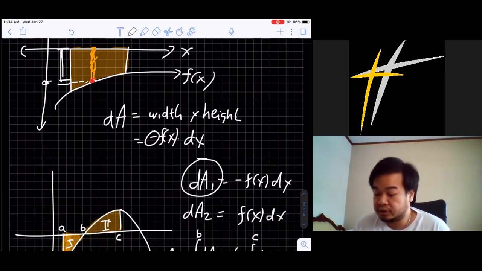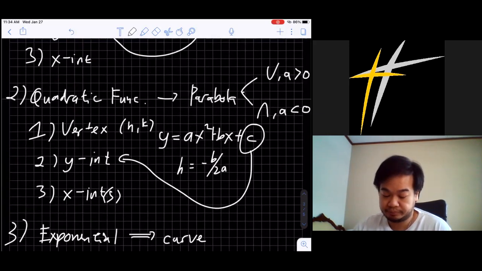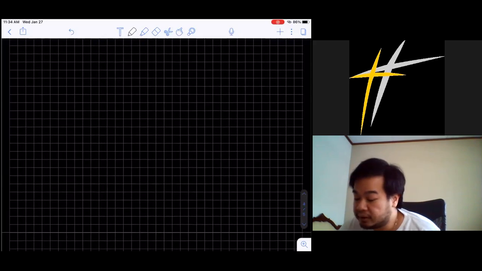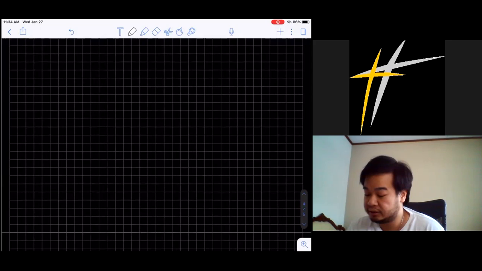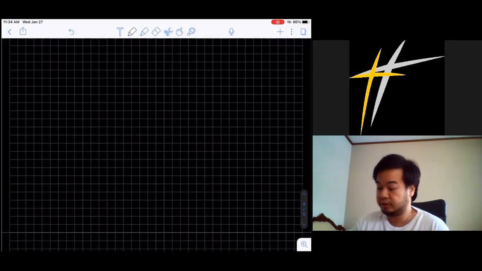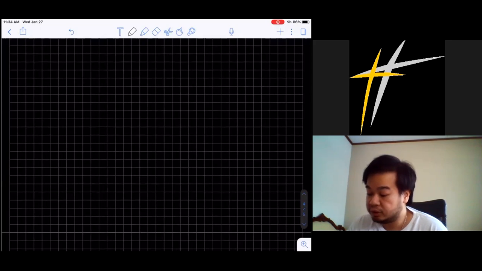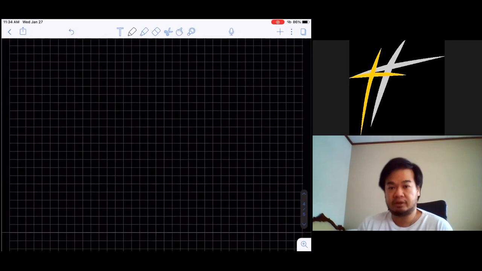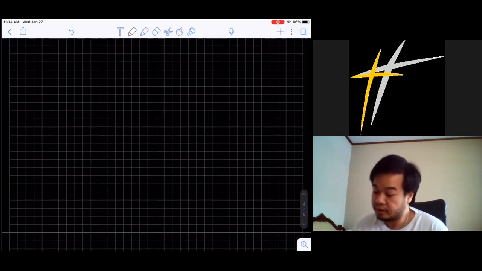Now let's look at example 1. I will read it from your book, page 234. You can interpret a definite integral graphically as the area of a region under the graph of a function that is between the graph and the x-axis. Now, example 1 shows you how to find the area of a region between two graphs. Now, this is getting real.